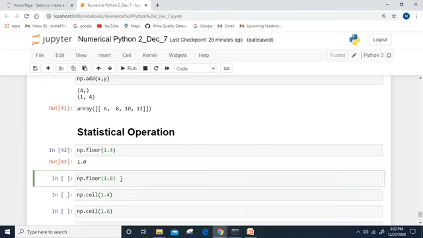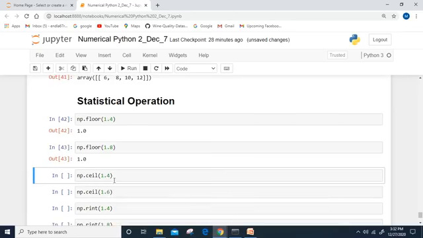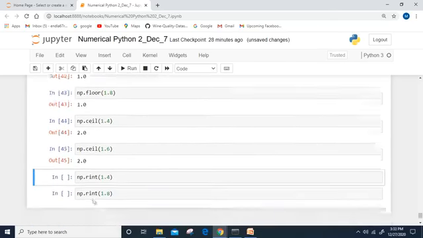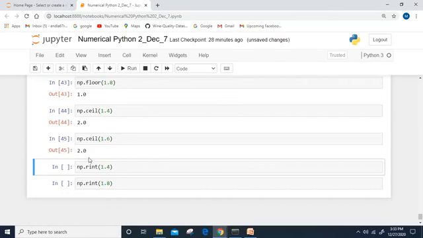And when you pass 1.8, this value is above the 0.5 decimal value. So whenever you want to round the value, if you use the floor, it will always round the value to a minimum value. When you pass the values through the ceil function, those will be rounded to the upper value. Whether the decimal value is above 5 or below 5, it doesn't matter, it will always round the value to the maximum value. See, those values are rounded to the maximum value.